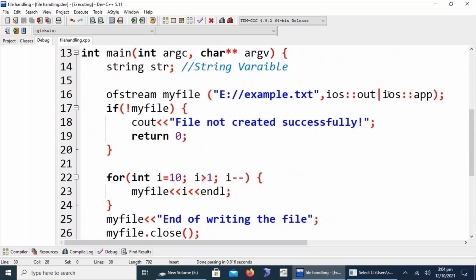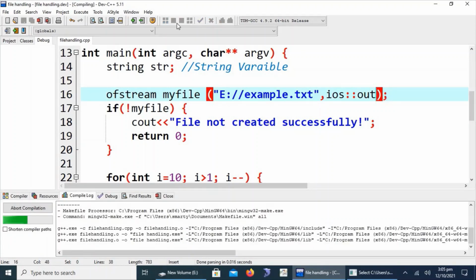The reason is that we have used append mode here, so each and every time we compile this code, it will append to the existing file example.txt and will not create a new file. If we drop the append mode, what will happen?